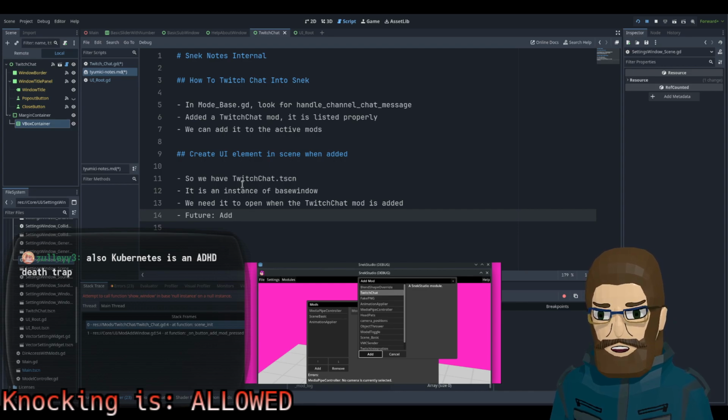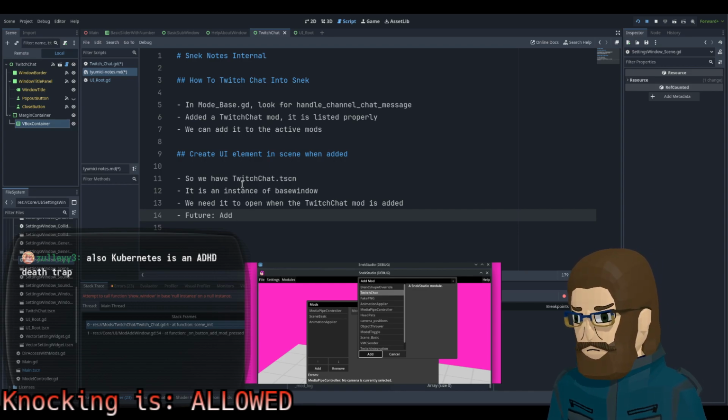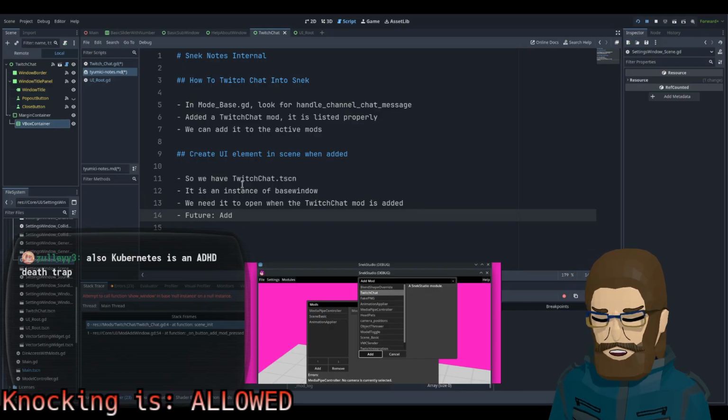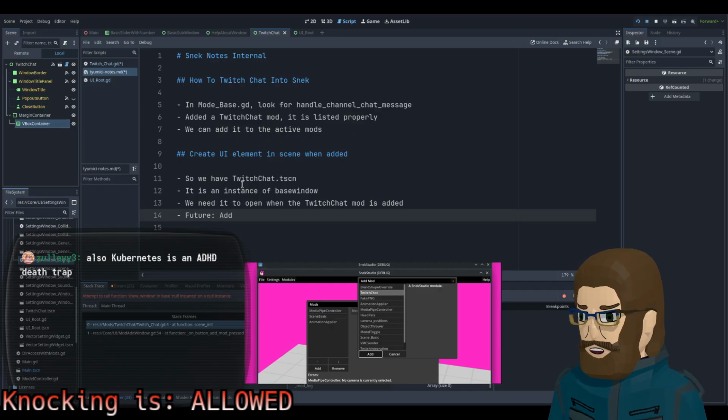Could use an ADHD death trap? Really? Is it? I don't know. I don't have ADHD, so I don't have that. Well, you know what? Actually, I might. I'm actually not sure at this point. I do find it hard to pay attention to things sometimes. I know obviously ADHD is more nuanced than that, but it's been really bad the past like 2 weeks.